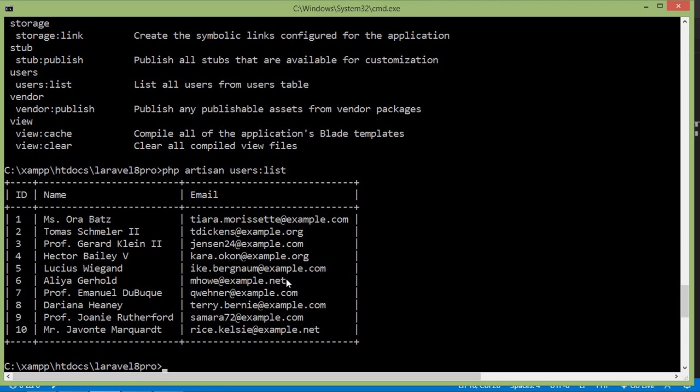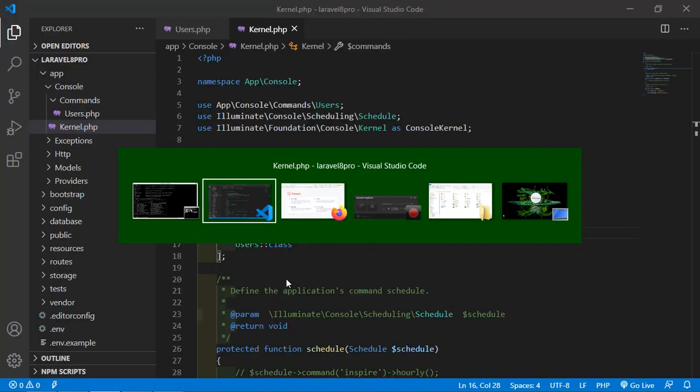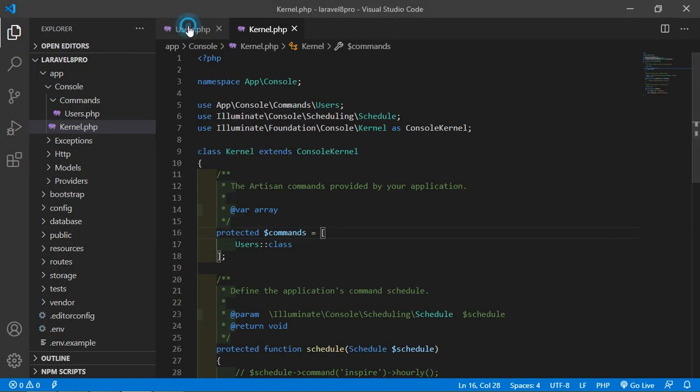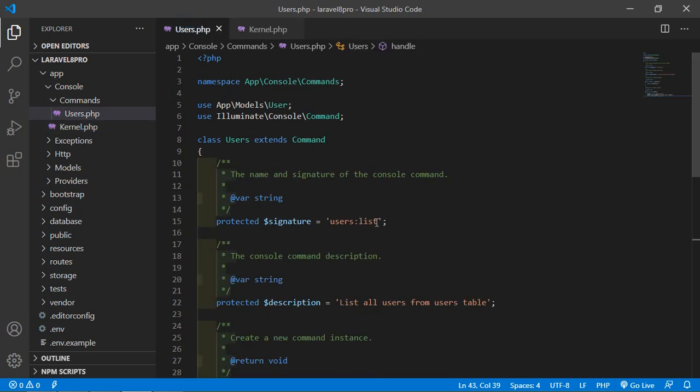Alright, now let's see how we can pass an argument with a custom artisan command. For that, go inside the users command file, and inside the signature, give a space, and for passing the argument write a curly bracket and then the argument name. Let's say the argument name is id.